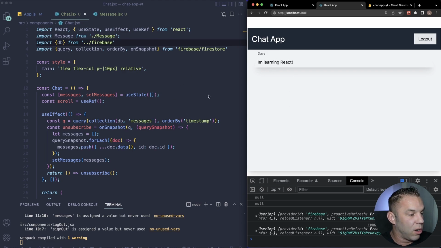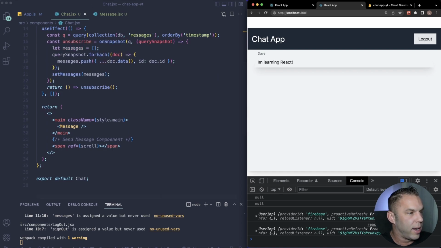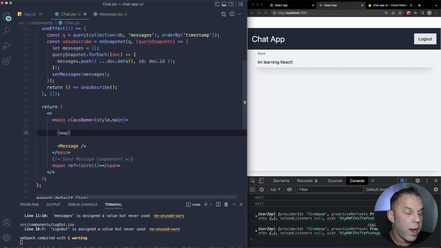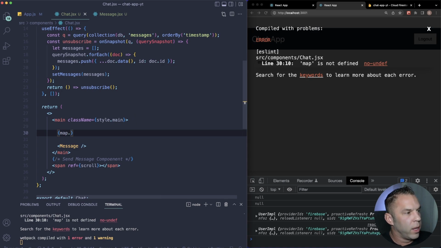Now remember, this is still hard coded, so let's just go ahead and pass that down. And we actually kind of want to loop through this here, so we're going to use a map function there, so we can map through all of our data and render it on the screen. So I'm going to do that right here. So what we're going to say is open up our curly brackets so we can type our JavaScript in there, and we're just going to say